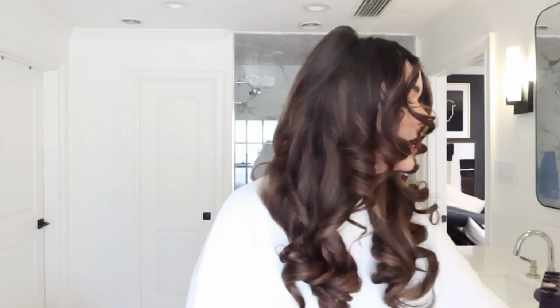Okay, we look like a little poodle. Look at the bounce. Boom. This is exactly what we wanted. Now, I've said this so many times in different videos, don't touch your curls, but we can't leave our hair looking like this, right? So what I'm gonna do is use a wide tooth comb to gently, very gently